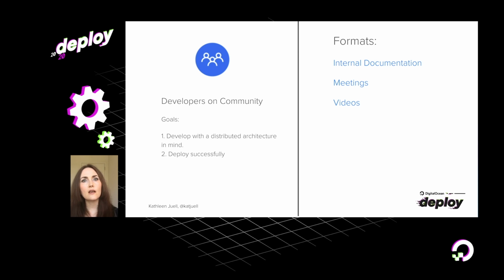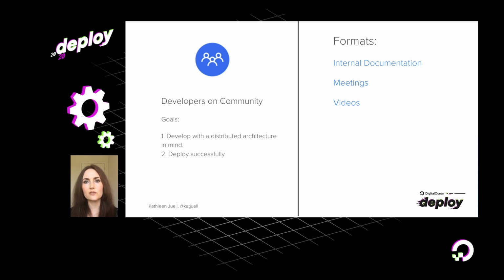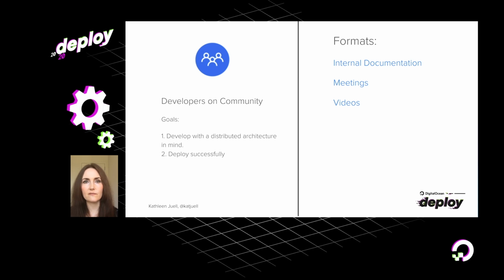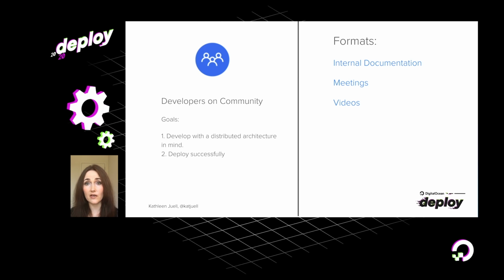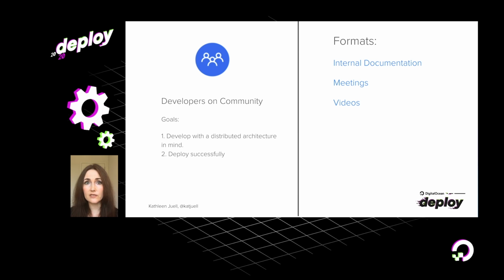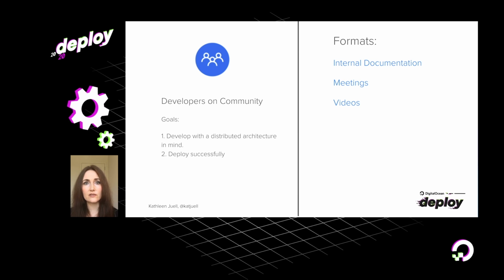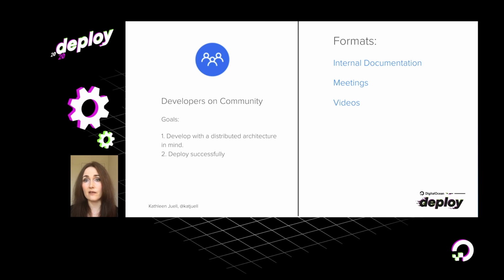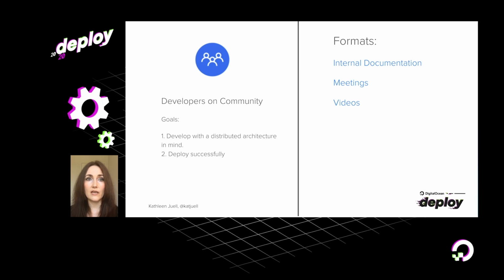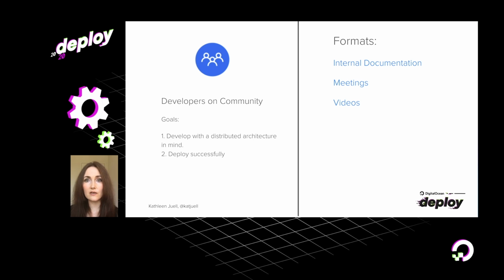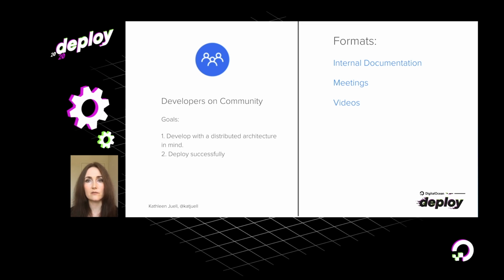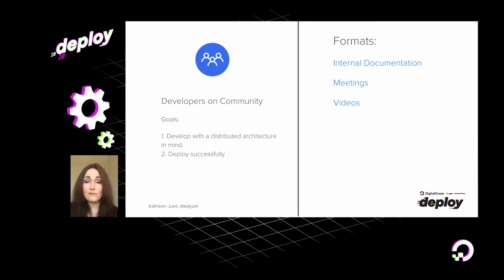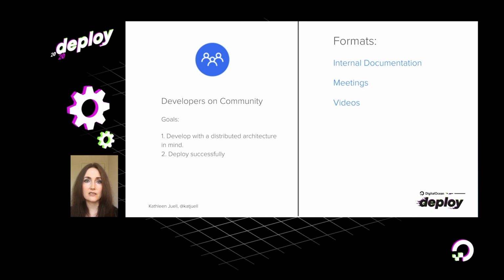So on Community, we took a kind of composite approach, combining most of the things I've mentioned here. We did some focus meetings. We shared internal documentation. We shared video resources, some of the Munch and Learns that I mentioned earlier. We also created a local Docker environment so we could look at how the stack behaved locally. And in retrospect, I would say the team has adapted really well to these changes in both environment and processes. Everybody knows what they need to do to get their job done. And people feel really positively about the move to Kubernetes.